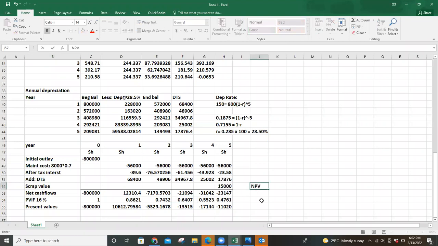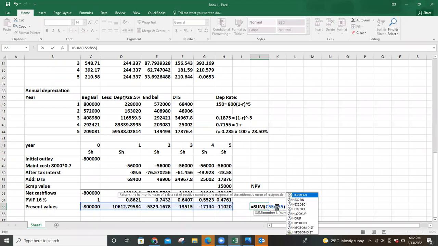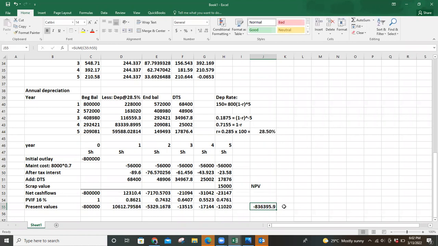So NPV is the summation. Then we compare the two. So the NPV of buying